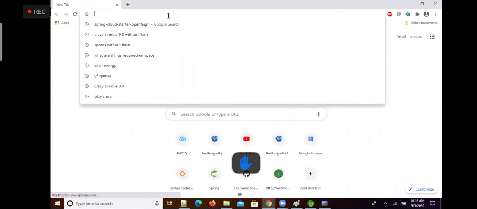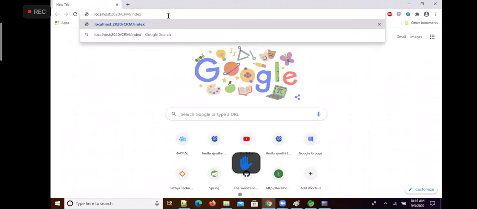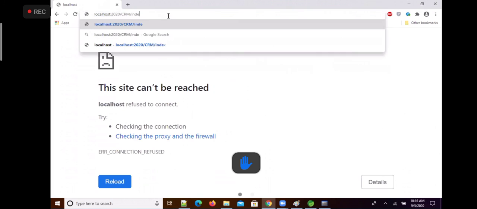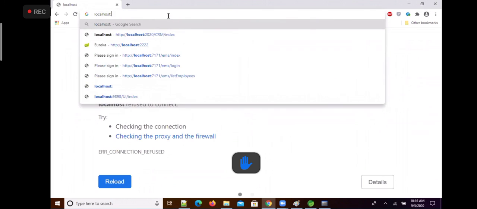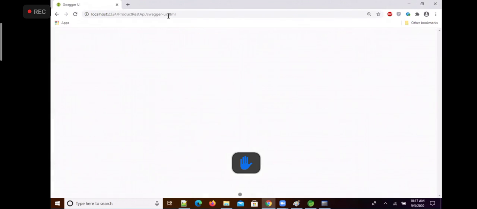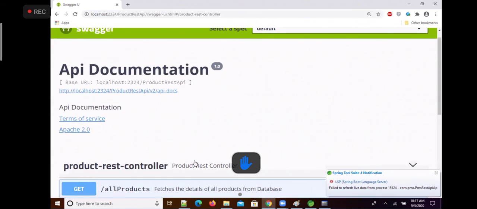As you can see, 2324/swagger-ui.html. Open the product controller.